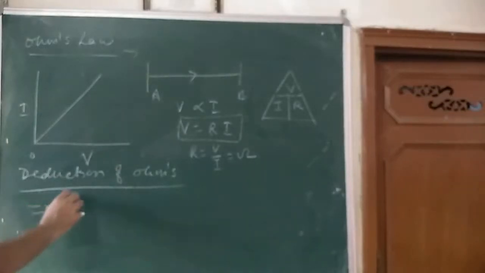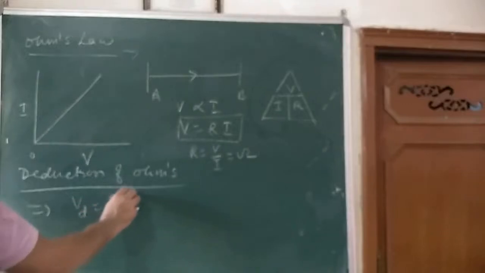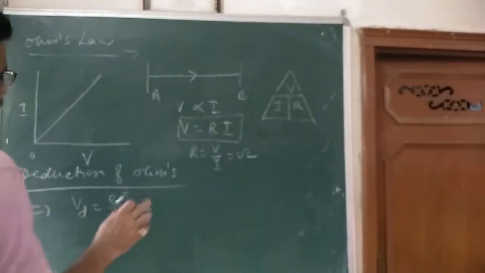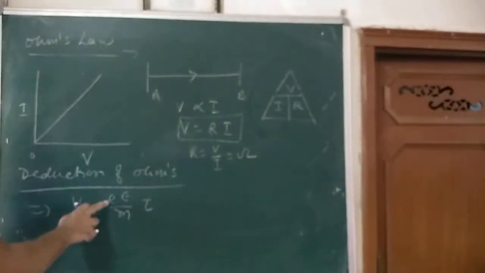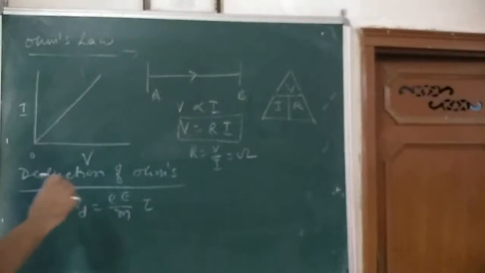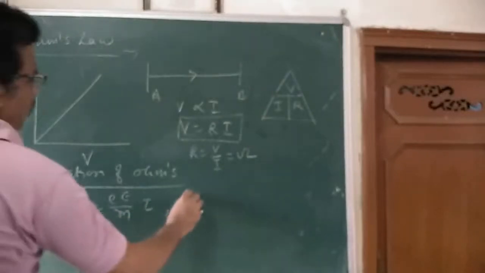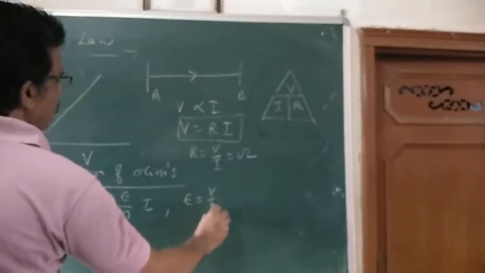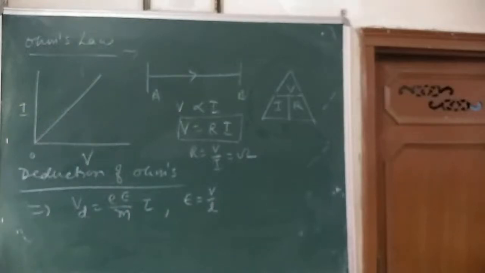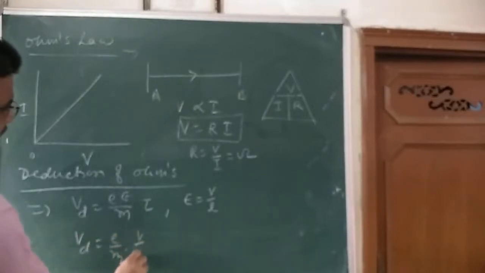We know the formula of drift velocity, that is Vd is equal to E by m tau. You must have seen that in drift velocity, sometimes I write Q and sometimes I write E. It is my numerical point, it is my theoretical point of view. It is the value of charge, so I can write it there. But the value of electric field is V by L, E is equal to V by L. So put this value here. So Vd comes out to be E by M, V by L into tau.